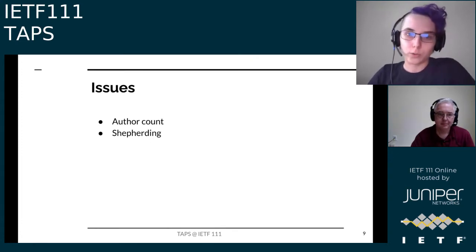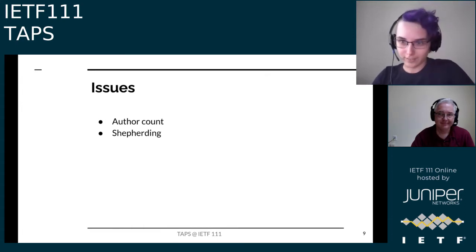But the second issue is shepherding. We will need to find shepherds for those 3 mentioned documents soon, and a lot of our regular TAPS participants are also authors on at least one of these documents. If you have suggestions or want to volunteer, please join the queue and/or talk to Aaron and myself. And I think now we have a few minutes for discussion if people have thoughts, and otherwise we would just